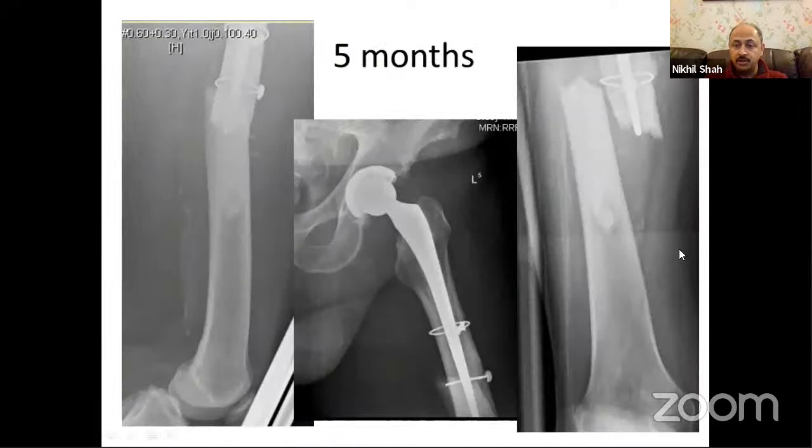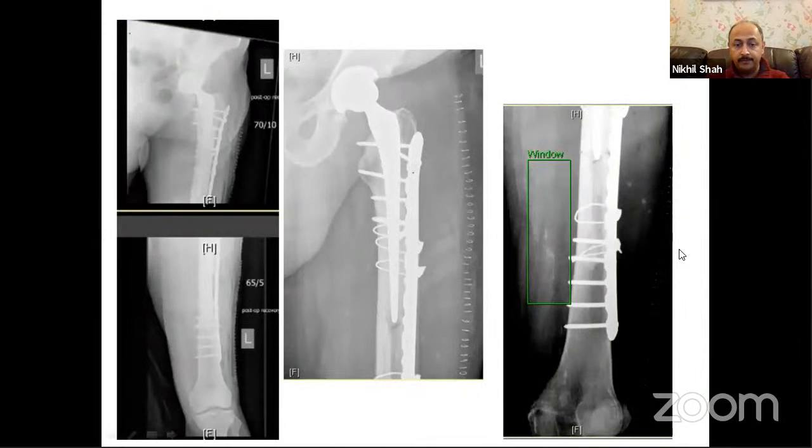Do we do a revision to a long stem, or do we try and fix it? So whatever option you have to do, that cement has to come out. And that's what I did. Took all the cement out, and I decided to go with the fixation because the proximal cemented stem is really